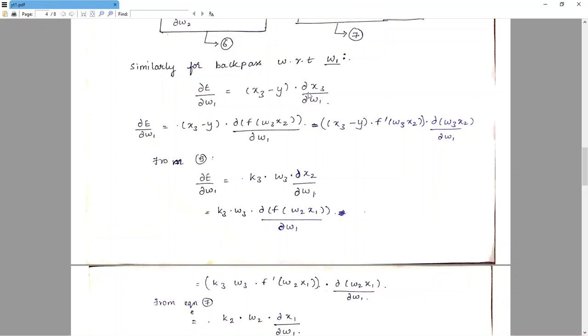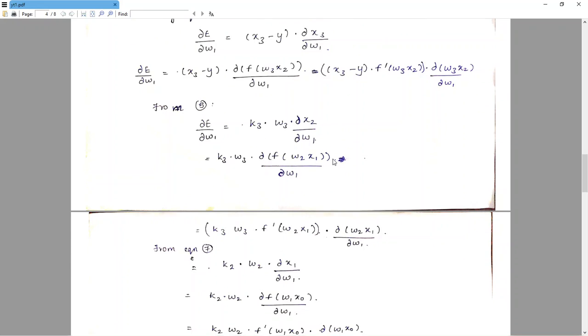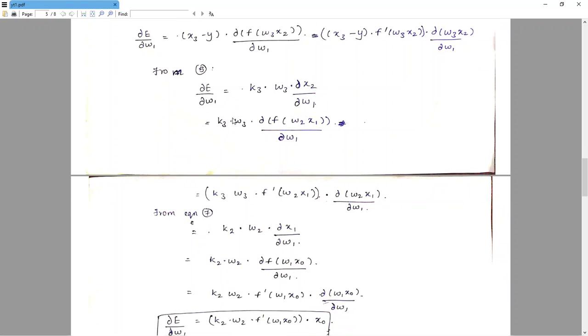And x3 is f of w3 x2, so x3 minus y into f dash w3 x2 into dou of w3 x2 by dou of w1. You know, the derivative of f of g of x is f dash g of x into g dash x, the same thing. And dou of e by dou of w1 equals k3 w3 into dou x2 by